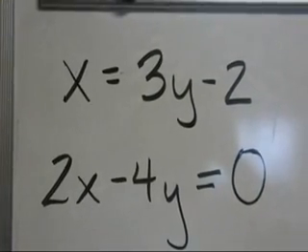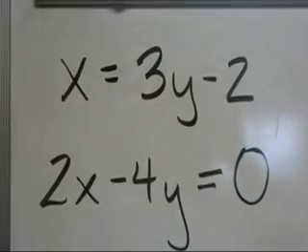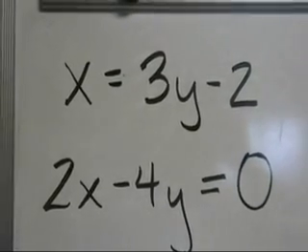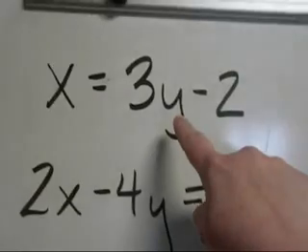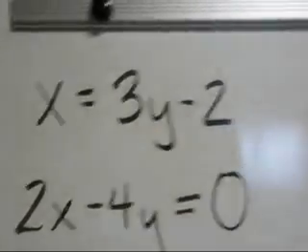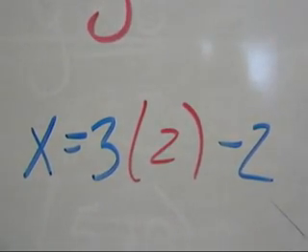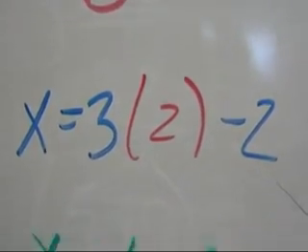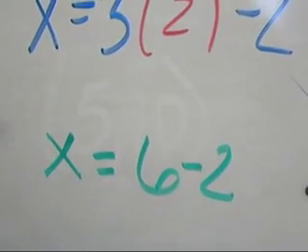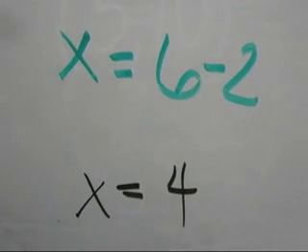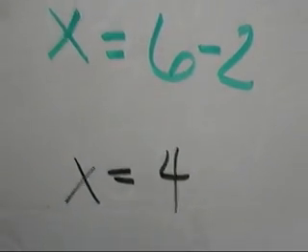Now, with y equals 2, I need to look at my two original equations and decide which of the equations I want to plug that value into. I think the first one will be easiest, so I'm simply going to substitute in a 2 here for the y. That becomes the equation x equals 3 times 2 minus 2. 3 times 2 is 6. 6 minus 2 is 4. So as a coordinate pair, the solution is